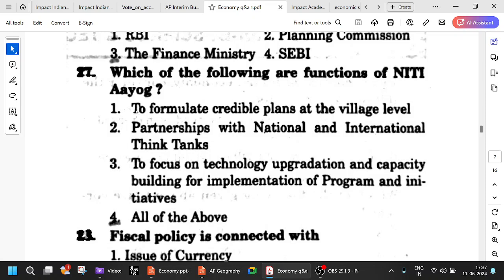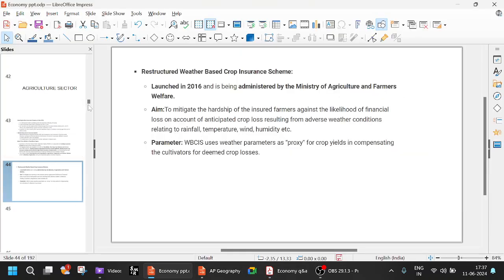So which of the following are functions of Niti Aayog? So Niti Aayog is also very very important. So Niti Aayog will be,